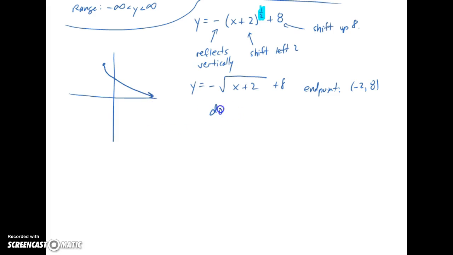And so the domain here is from -2 to infinity, and the range now, because that endpoint is now the top of the graph, is going to go from -infinity, because I'm heading from down here up to that top, so y is less than or equal to 8. So that's the point, -2 comma 8 is that endpoint. And so that's the graph of y equals